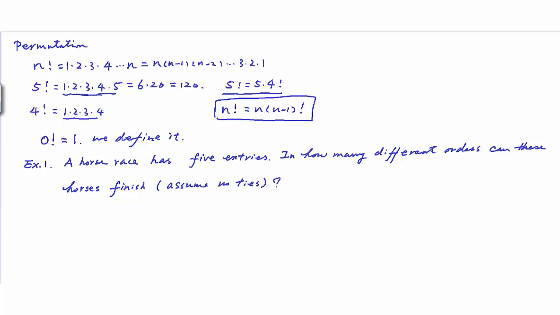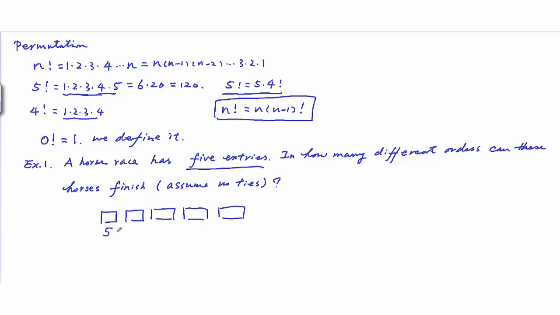Now let's look at an example. A horse race has 5 entries. In how many different orders can these horses finish? Assume no ties. Because you have 5 horses, there are different orders. So this is first place, second place, third place, fourth, and fifth, the last one. For the first place, you have 5 horses, so you have 5 possibilities, 5 ways to do the first